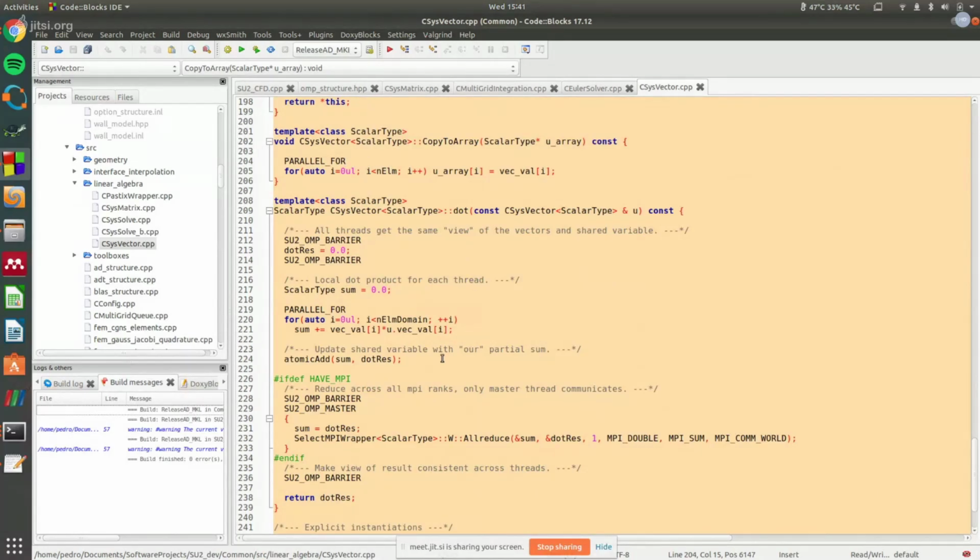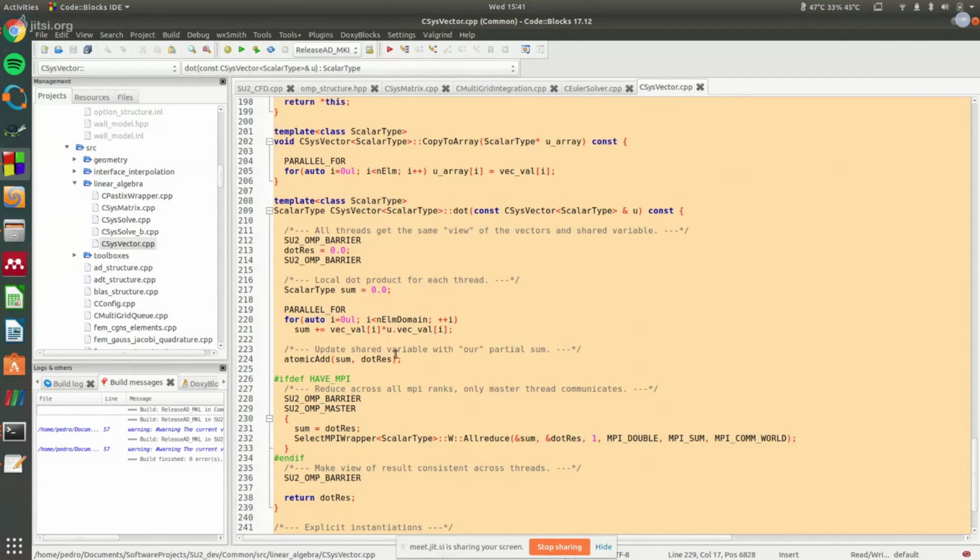Where things get trickier is where you need to reduce the results across multiple threads, because now for something like a dot product, you have to reduce the sum over all the threads, and then we still have the MPI layer, so you have to reduce it again over all the MPI ranks, and so